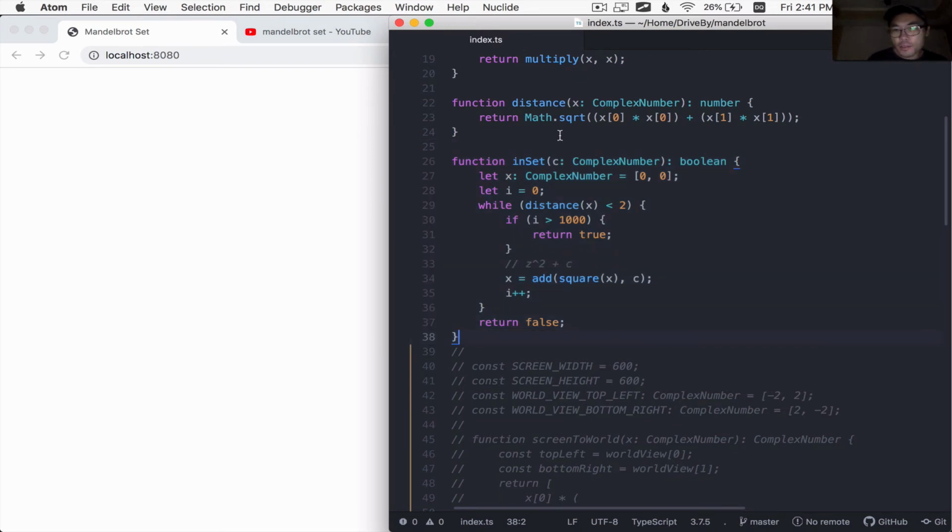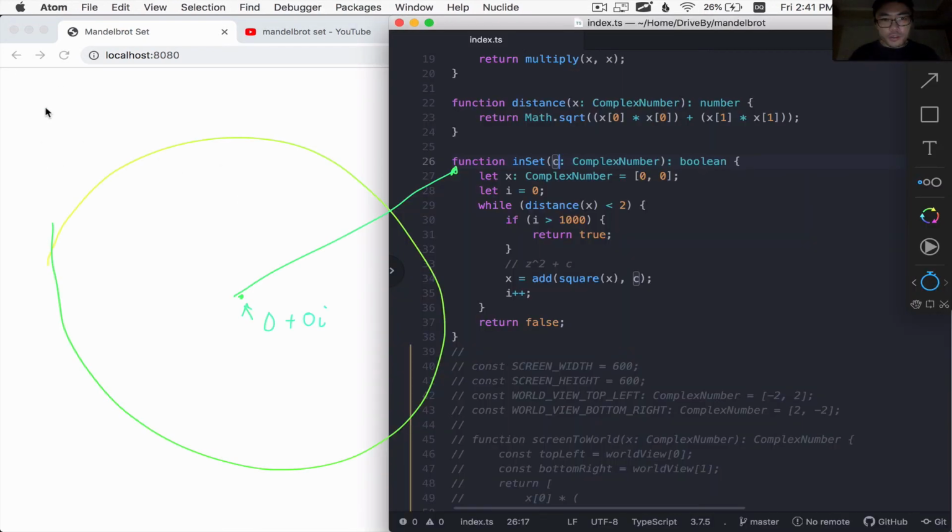and then this is where the real magic happens. So given any complex number,